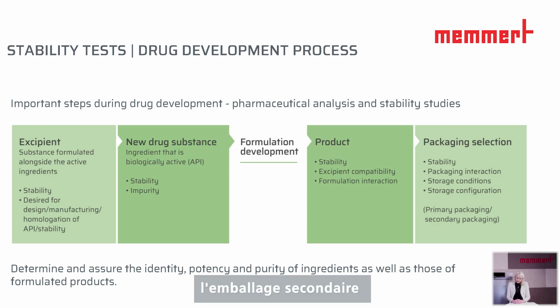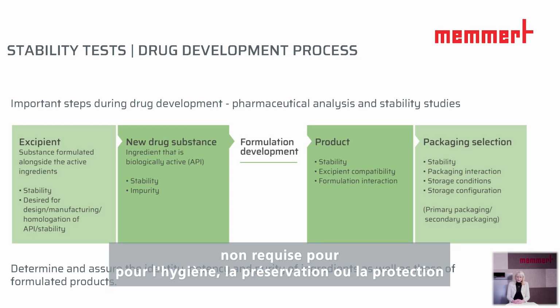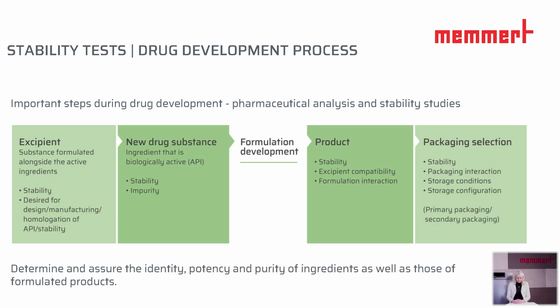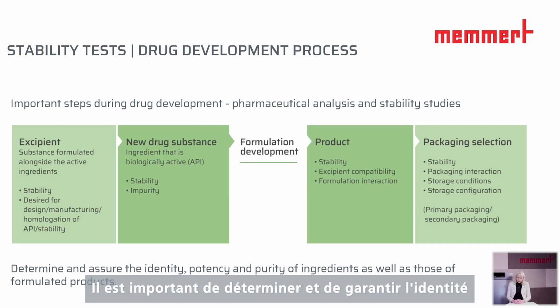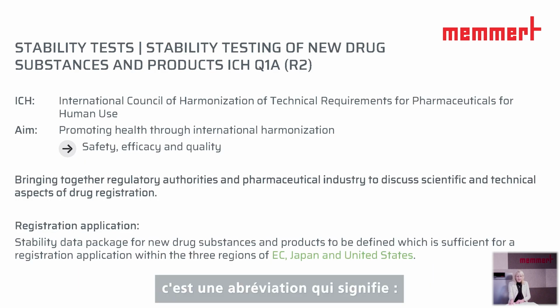And we have the secondary packaging. This is the packaging which is used as an additional layer of packaging, normally not requested for hygiene, preservation, or protection of the drug itself, and it will not be in direct contact with the drug. It is important to determine and assure the identity, potency, and purity of the ingredients as well as those of formulated products. ICH. This is an abbreviation